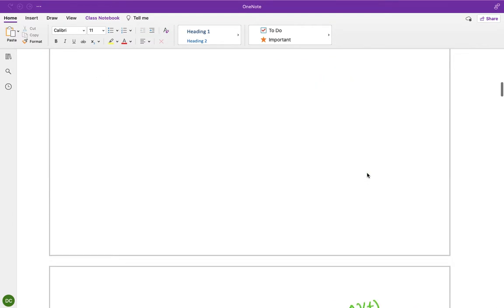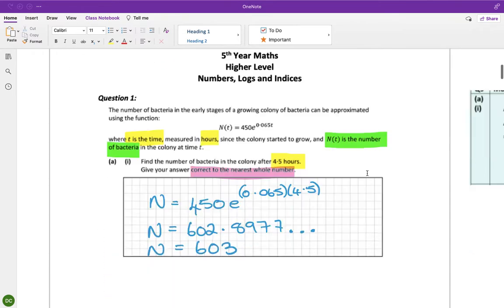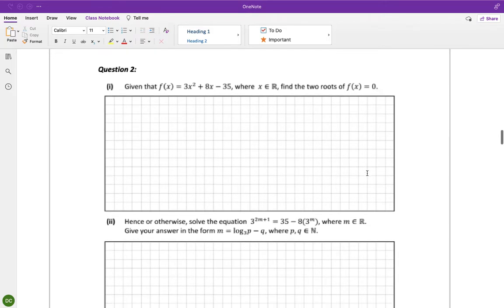Okay, so that is question 1, and question 1 is worth 20 marks. All right. Okay, question 2. So question 2, given that f of x is 3x squared plus 8x minus 35, where x is an element of real numbers, find the 2 roots of f of x equals 0. So find the 2 roots